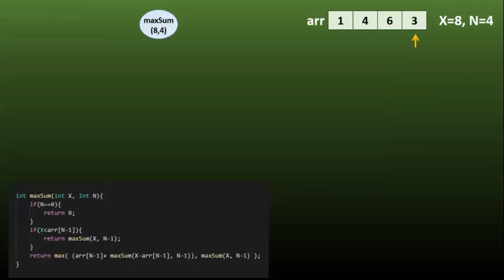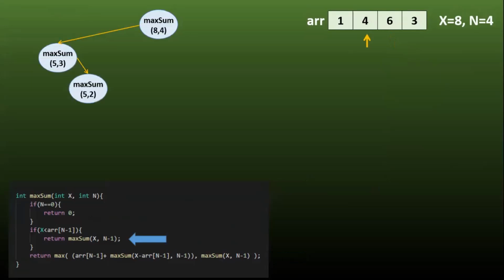And then considering both the cases, we will move to the next elements and so on, and ultimately we will try to find out the sum. Now whichever of these gives the maximum sum will be returned as the final sum. Now let's proceed further by selecting 3. So x has decreased to 5 from 8 and also the pointer has shifted to 6. X is less than the current element, so we will obviously not select the element and we only have one choice left. So we move to the next element.